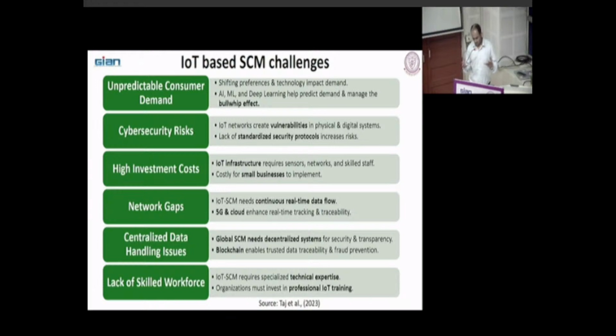So governments and maybe some professional bodies should organize some kind of trainings so that these organizations get the information about these IoT devices and how we can use them. Lack of skilled workforce means we need to improve our skills based on companies' requirements to implement the IoT devices.